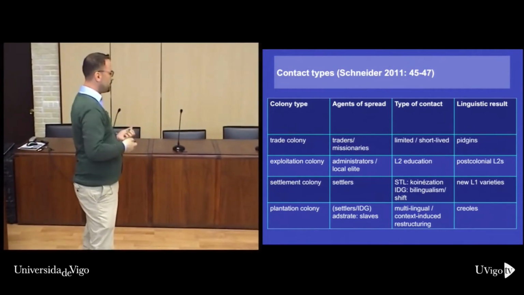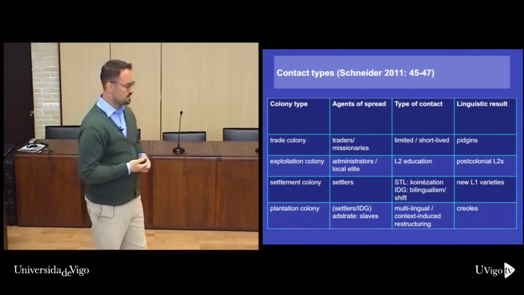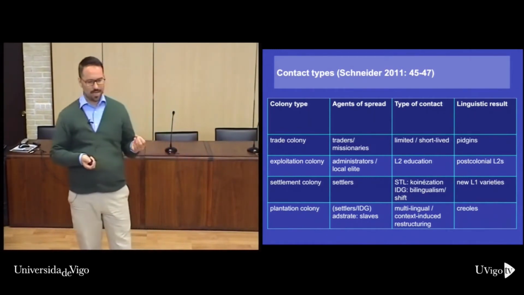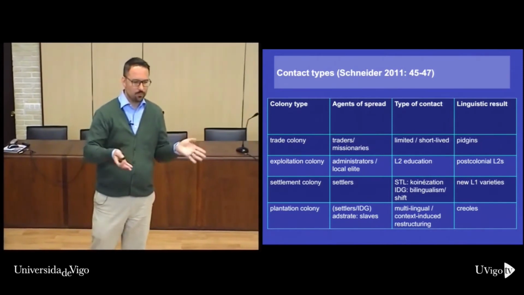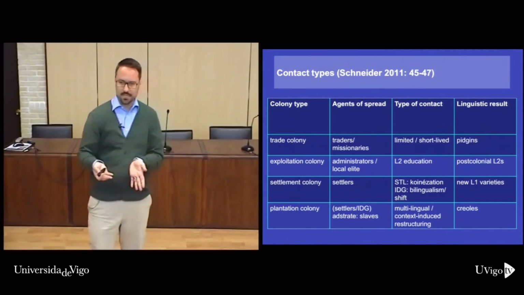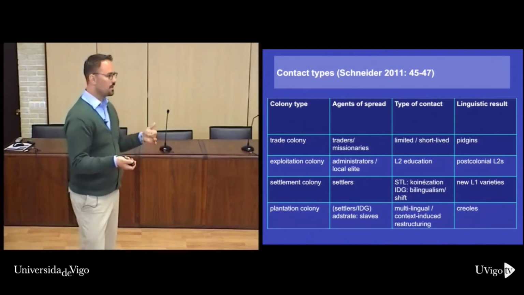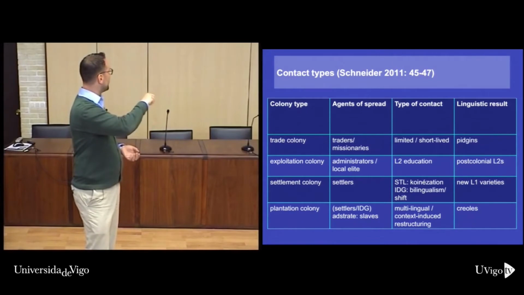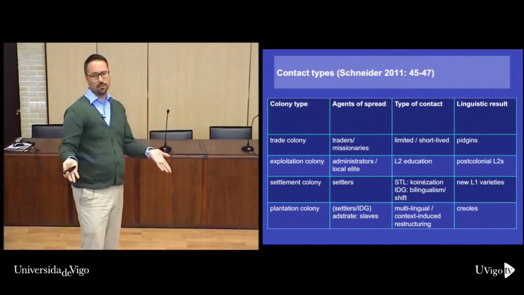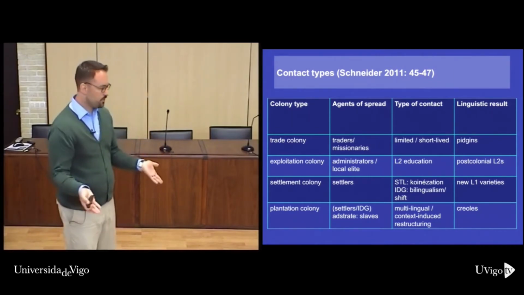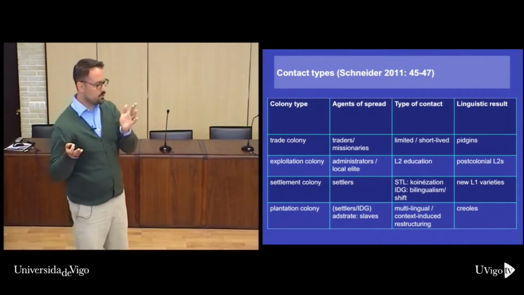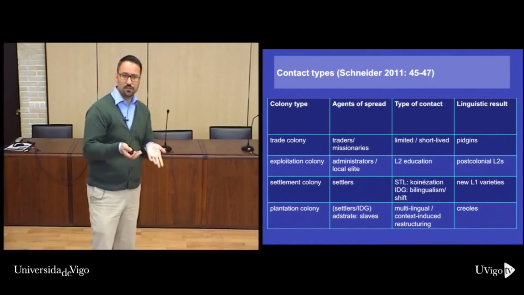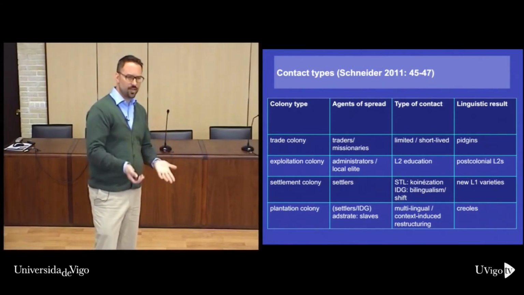Plantation colonies, on the other hand, that we had in the Caribbean and in the south of the United States, are again different because you do not only have the indigenous people, the Native Americans didn't play a huge role in that. You had a couple of settlers and a couple of landowners, first language speakers, but you had a considerable amount of an adstrate, which is people from another place, the slaves that were transported to these areas. And if you think about this, these slaves were transported to a new situation. They came from a huge variety of language backgrounds. They also didn't have a lingua franca. They also had to get along.